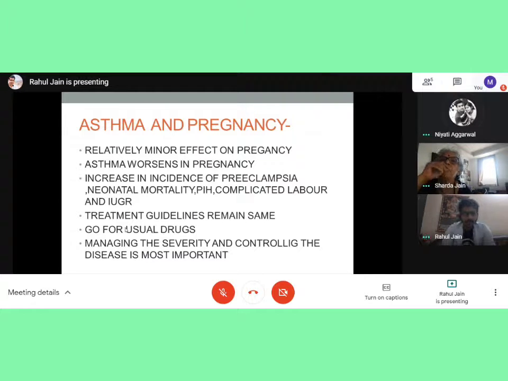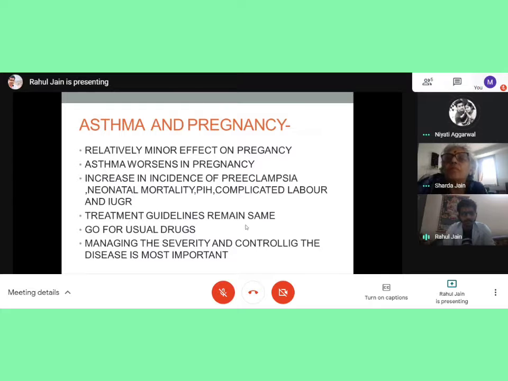As the pregnancy goes forward in the trimesters, the diaphragm keeps going up and the lung volumes become less, and in already compromised patients, with bronchoconstriction already happening, asthma worsens. Then there is an associated increase in incidence of preeclampsia, neonatal mortality, pregnancy-induced hypertension, complicated labor